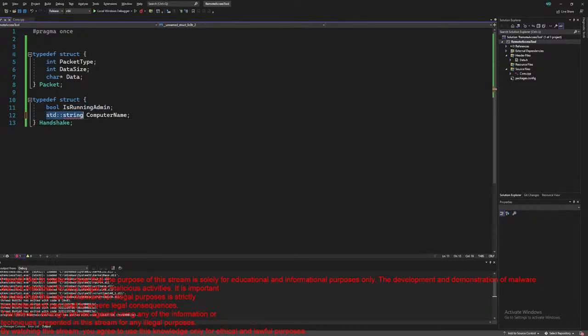Also std string, let's take computer name. It would be wrong because std string is a high level abstraction for characters, and what you can see here is the pointer symbol. And why doesn't it work with pointers? Because the thing is,